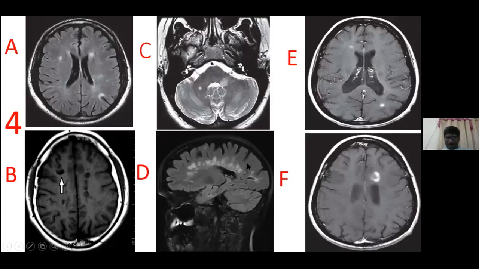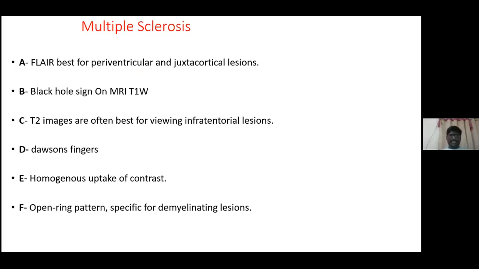They are classic of multiple sclerosis, and other areas where you see lesions in multiple sclerosis are the juxtacortical area. This is the cortical area, so this is the juxtacortical, and also the periventricular, and also the infratentorial. This is the cerebellum, and in the infratentorial compartment you are able to see the infratentorial lesions. And also, whenever you see a target lesion, that is a ring enhancing lesion which is incomplete C-shaped, the ring is not complete here. The incomplete C-shaped ring is classic of multiple sclerosis. This is classic of a demyelinating lesion.